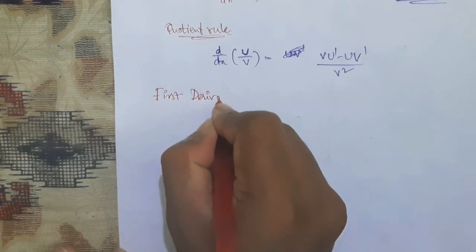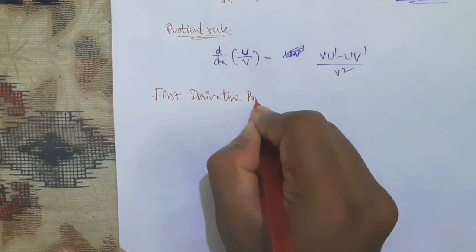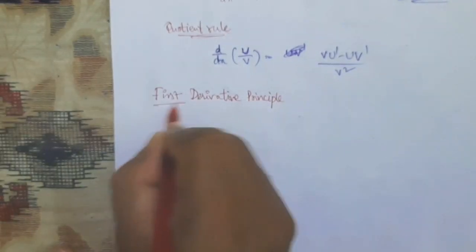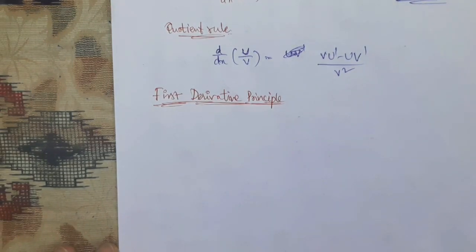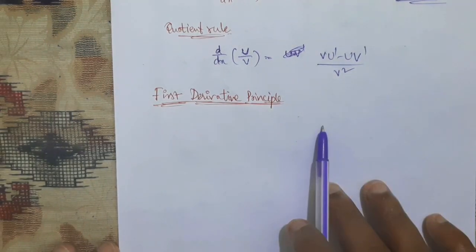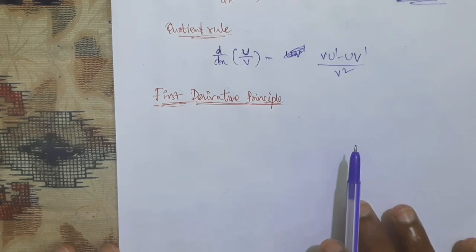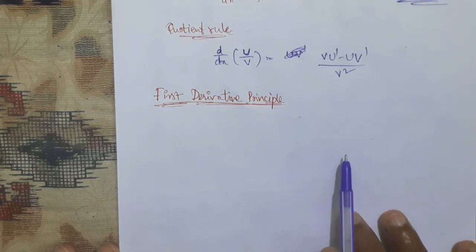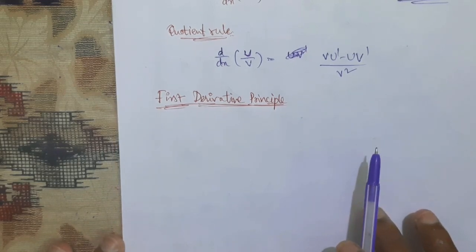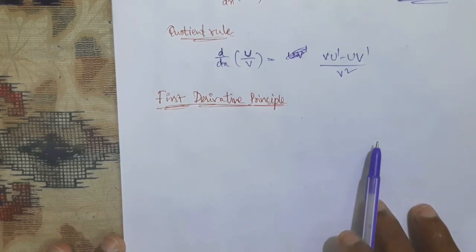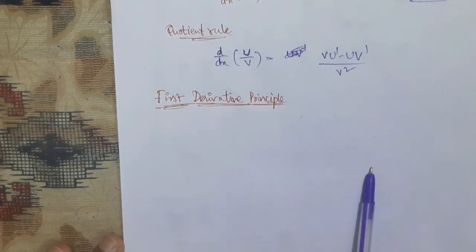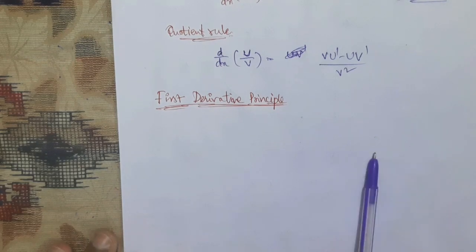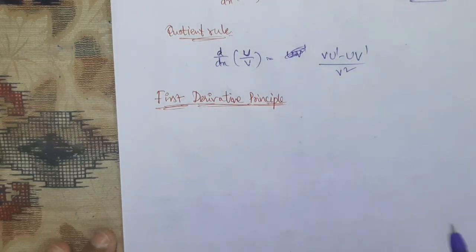And then the very important thing, that is the first derivative principle. In offline classes I have given formulas of derivatives: derivative of sin x is cos x, cos x is minus sin x, tan x is secant square x, secant x is secant x into tan x, log x is 1 by x, like that. That also I will send you. But how do we get those formulas? Why is the derivative of sin x cos x, and of cos x minus sin x? We can find all the formulas by using the first derivative principle.